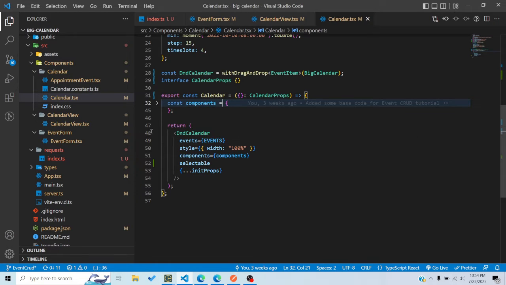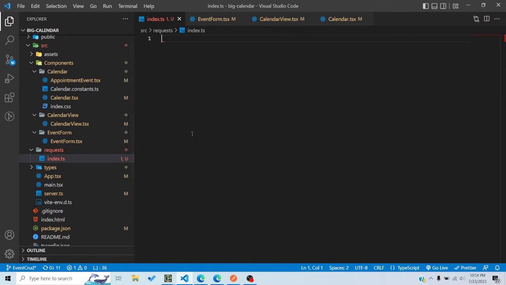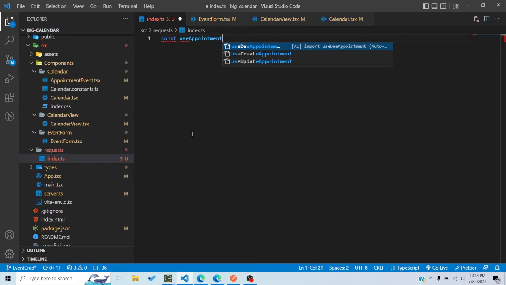Cool. And now let's make the request here, and I will hook up the request data with this events object, with this events prop, so that whatever is coming from the server is displayed in this calendar. So let's make a mutation, let's make a query. So I will say use appointments,